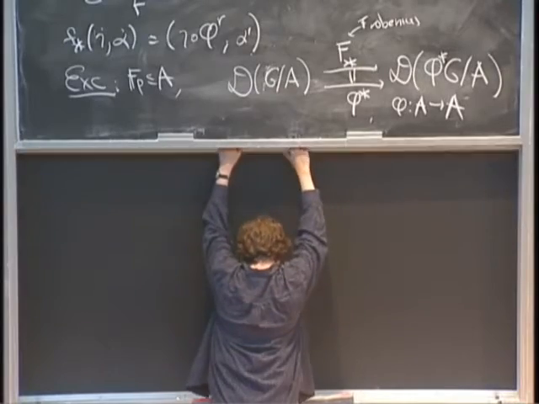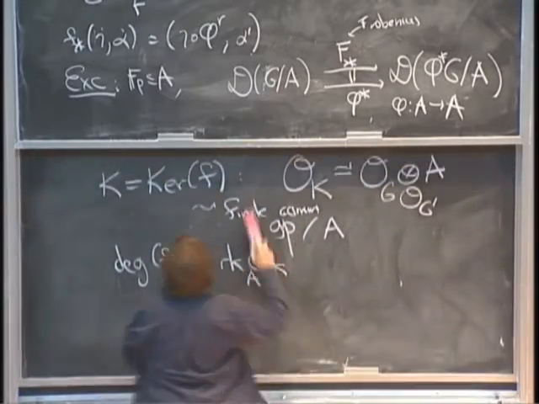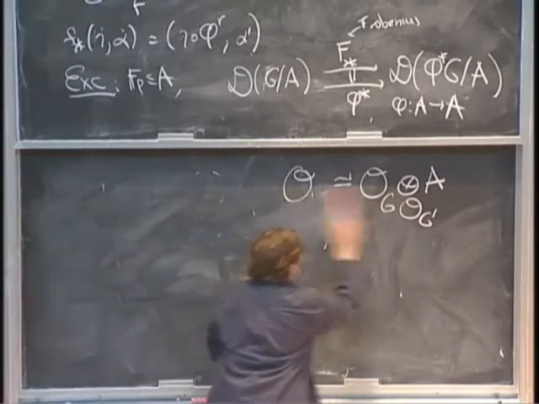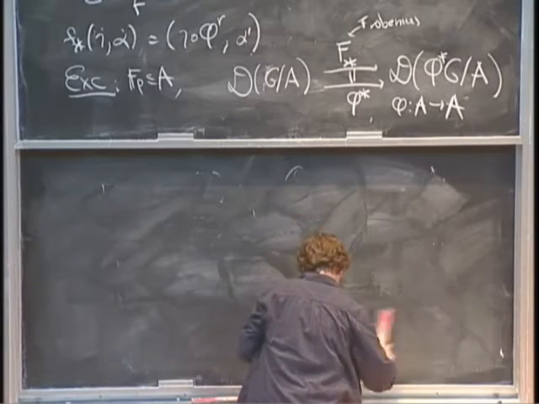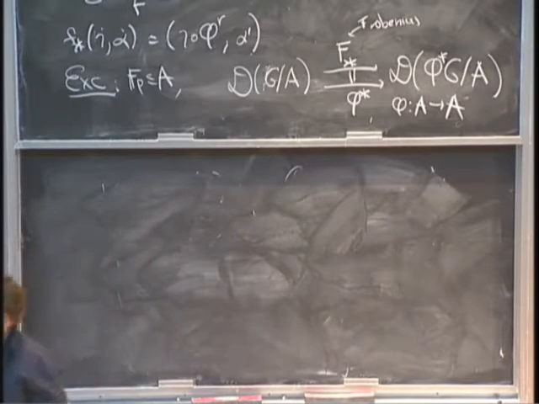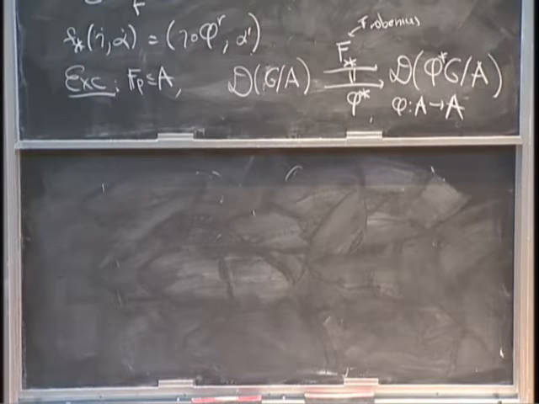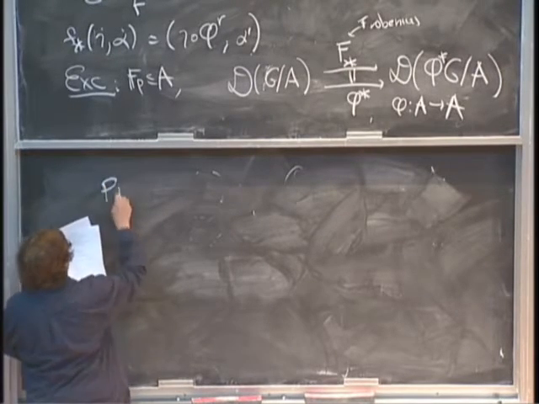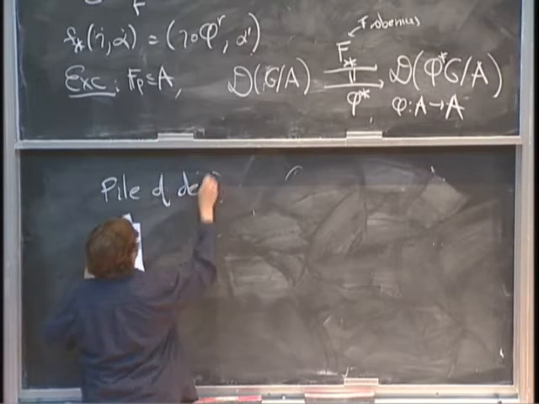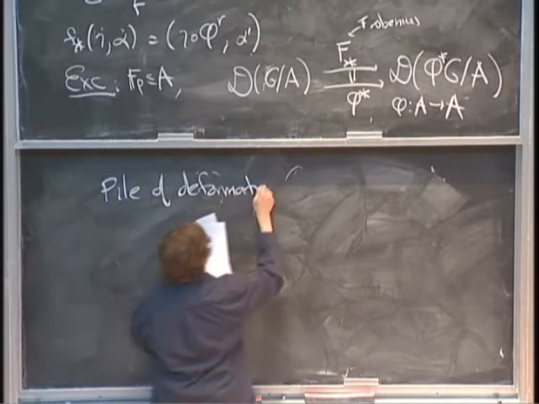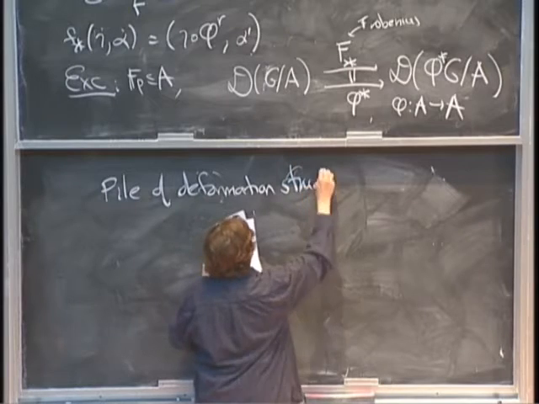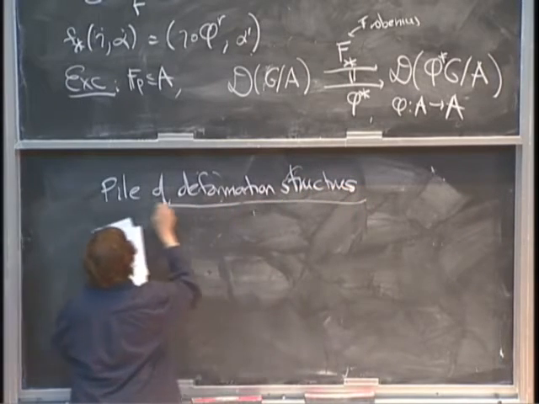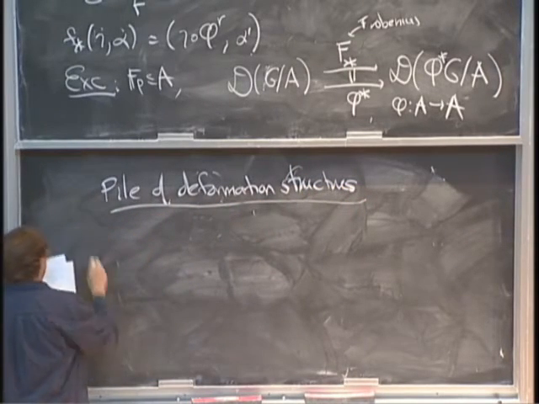All right. So I've set up some stuff related to deformations. What's going to happen? Now I'm going to take all these deformations and put them in a pile. This is the pile of deformation structures. So if I have a complete local ring,